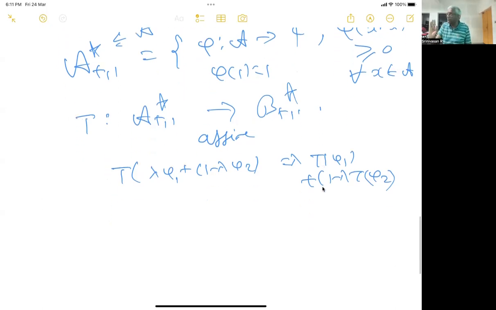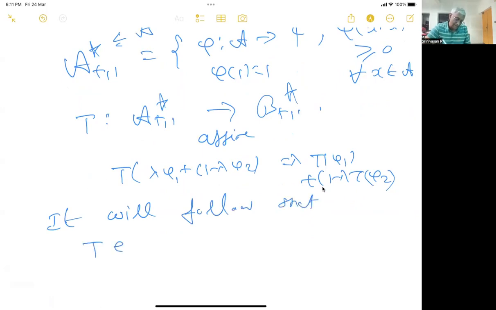Okay, it will actually follow. So T is actually, it will follow. I'm not proving it. This is just to sketch how we have to deal with completely positive maps. Why are we dealing with that? So it will follow that T extends, or T is just a restriction